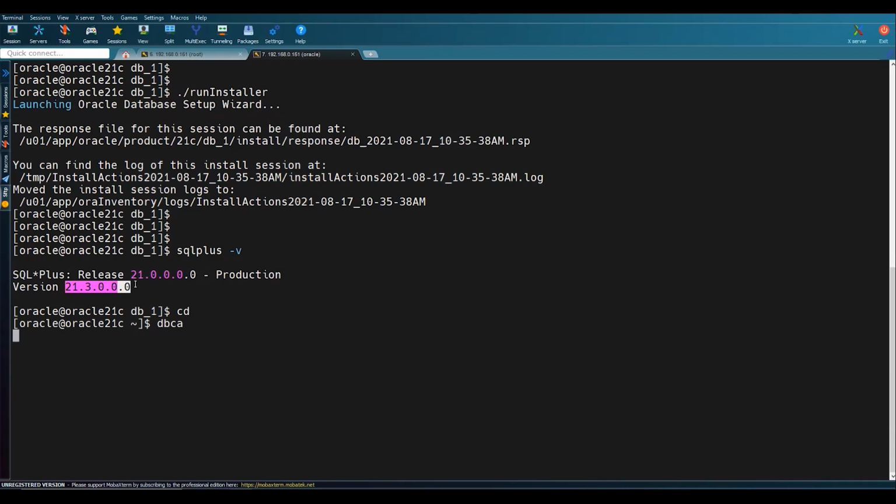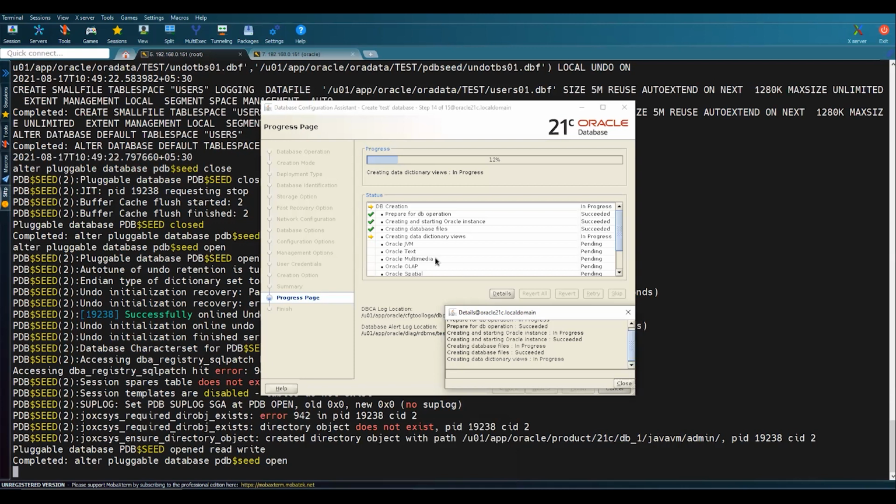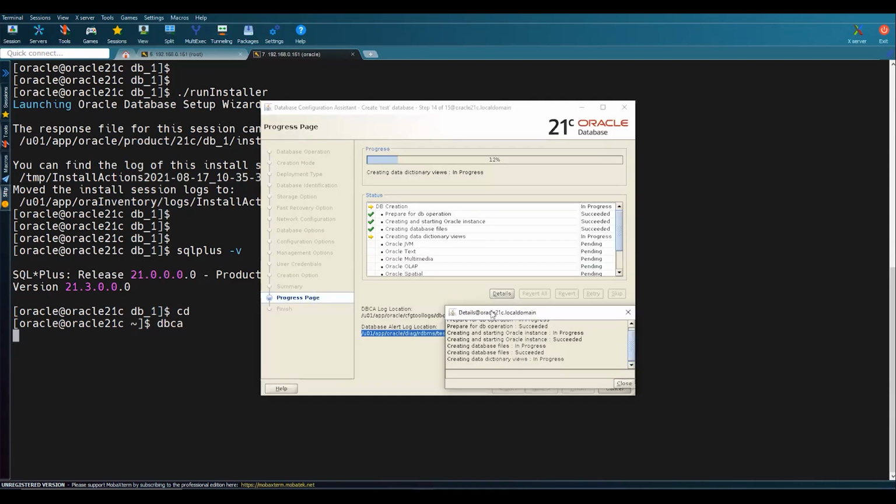This is basically the base version for the 21c release. So let's wait for a few minutes. Once the database creation finishes, we'll log into the database and look at a few aspects of the database, and maybe then we can complete this session.